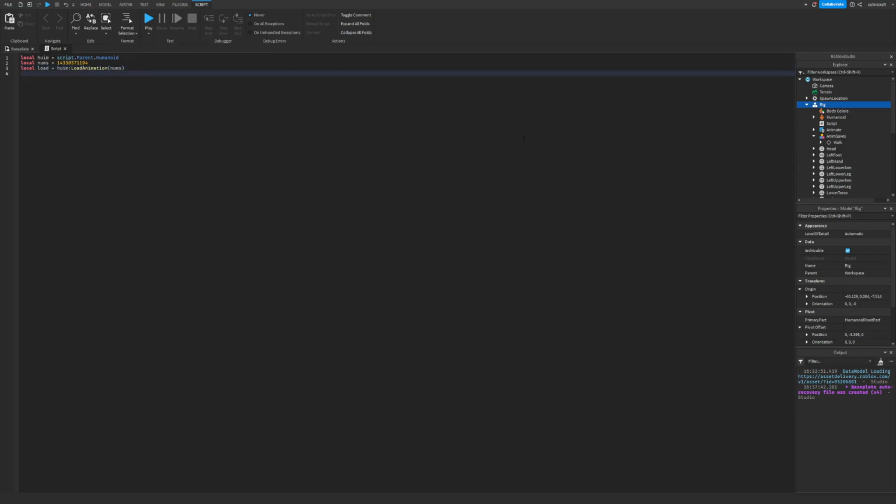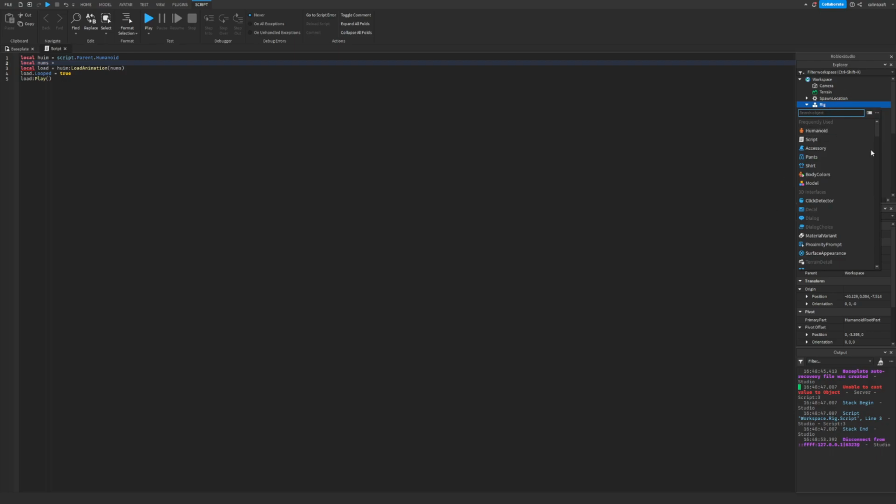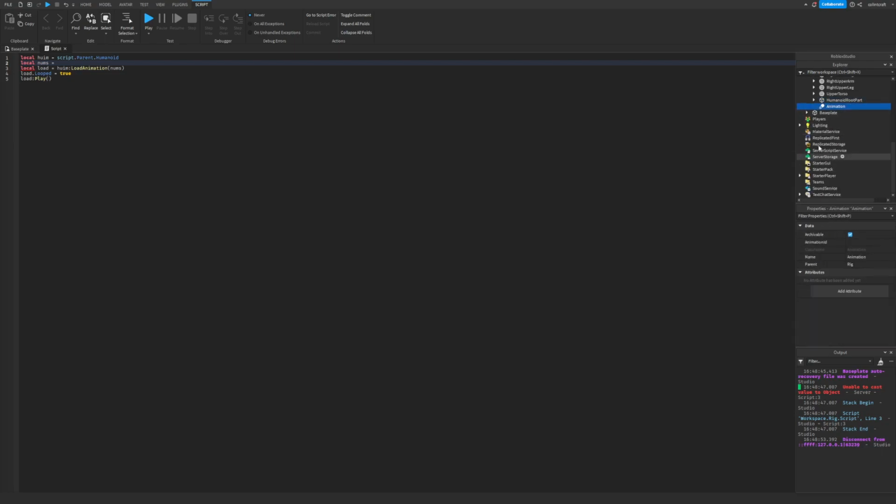And when you have that done, you can do whatever with it. If you want to play it, you can press load and then have the two dots and play. Okay, there is an easier way we can do this instead of having the numbers there, because there's a problem. If you go into the rig and add an animation, yeah, that's what it's called, an animation, and you go